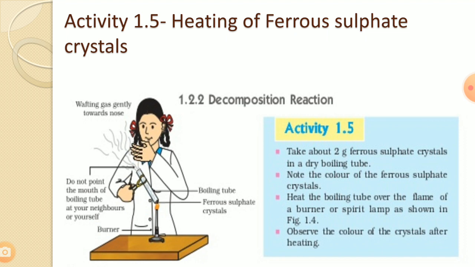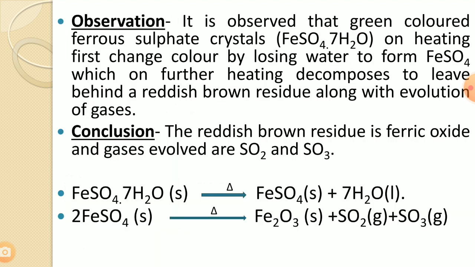This is another example of thermal decomposition reaction in which we are heating ferrous sulfate crystals. So when we heat ferrous sulfate crystals, first we observe that it is losing water molecules, and then on further heating it decomposes to form a reddish brown residue along with the evolution of gases. So the reddish brown residue is ferric oxide and the gases evolved are sulfur dioxide and sulfur trioxide